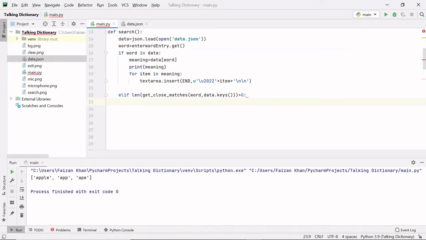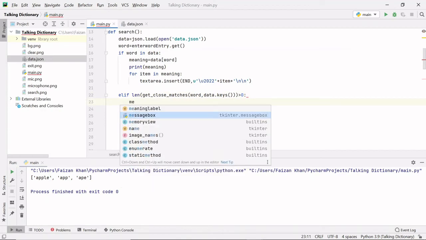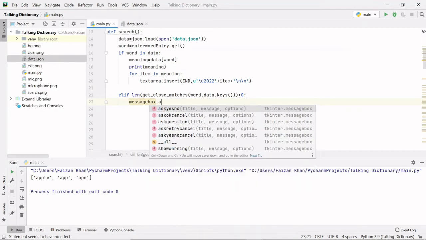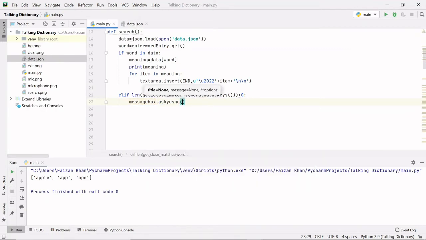I'm going to use that. So messagebox.askyesno, and inside askyesno we need to pass our title. The title is Confirm, and after that we need to pass the message you want to see on the dialog box. You want to see: Did you mean